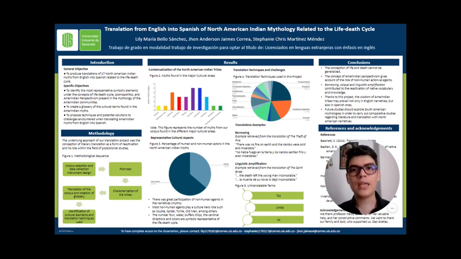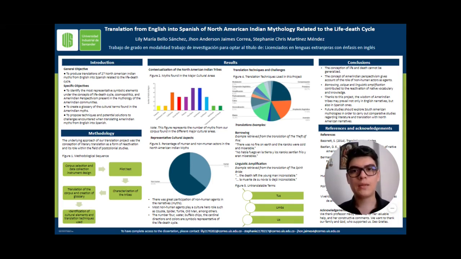Regarding translation techniques, borrowing, calque, and linguistic amplification contributed to the reactivation of discourses, epochs, and native vocabulary. We conclude that our translations succeeded not only at evidencing linguistic differences with other cultures, but also at calling attention to the existence of different foreign worldviews. And thanks to this translation project, the wisdom of Amerindian tribes may prevail, not only in English narratives, but also